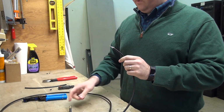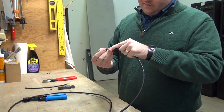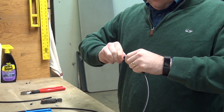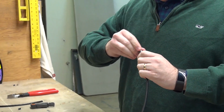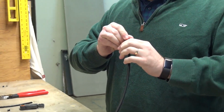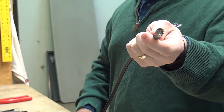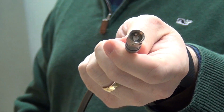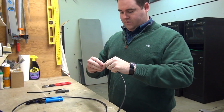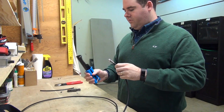And now we're ready to actually put the connectors on. So you just take the connector and you just kind of twist and apply some pressure and try to get those connectors on. What we're trying to do here is get it to where you can see that white foam dielectric line right up with the hole inside there. You just want to come up and match it, and that's about how tall the coax comes back out of it. So once we have that on, we actually just take our compression tool